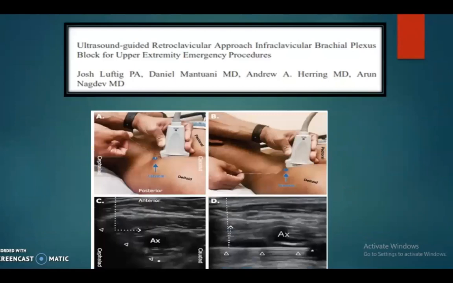The next thing that I'm going to be talking about is the retroclavicular approach to the infraclavicular region. This is a largely unexplored approach to the infraclavicular region, of which a few articles have come out in recent times. This is one of the first descriptions of the retroclavicular approach, in which they have postulated that approaching the infraclavicular space from above the clavicle through the neck can be a very good approach for better needle visibility.